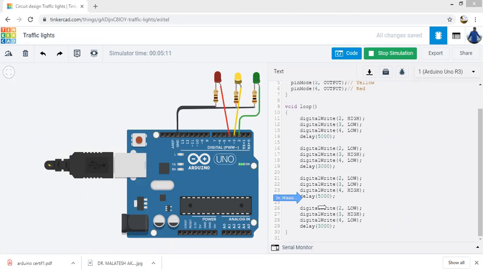So you can see again the red is low, green is low, but yellow is on, and this is only for 3 seconds. After this block, block 1 will execute again, then block 2 and block 3. So this keeps on executing in a continuous manner. Any doubts in this program, please?